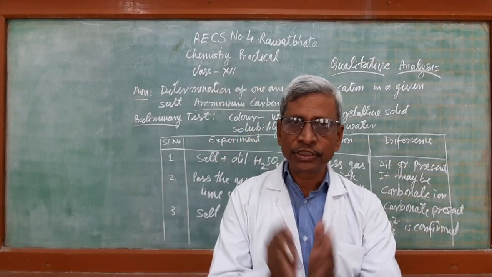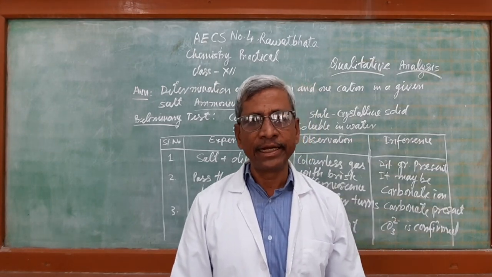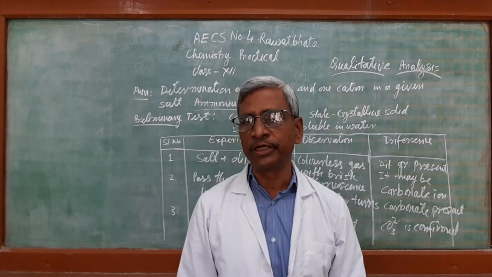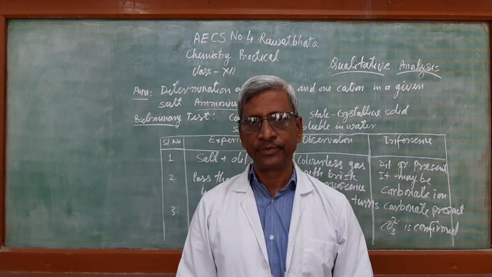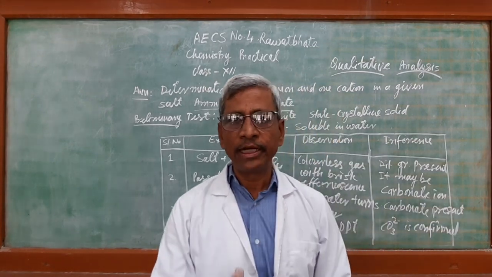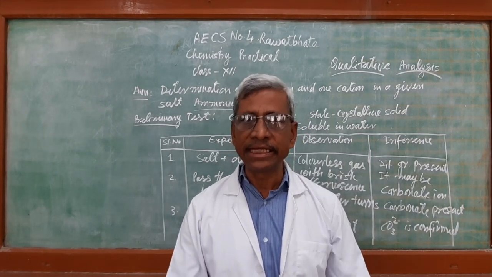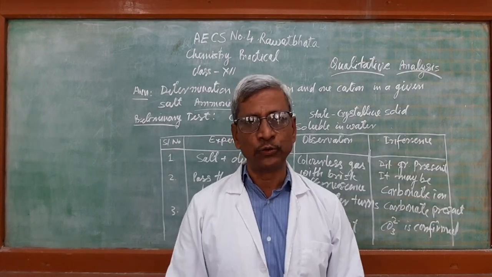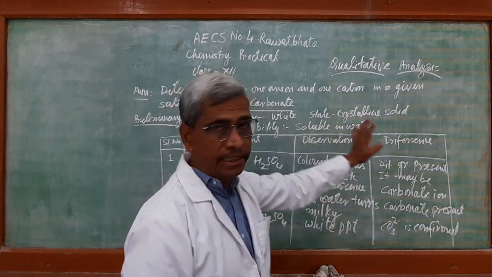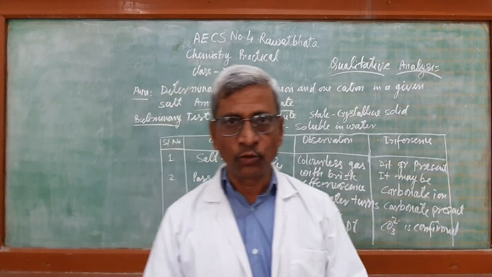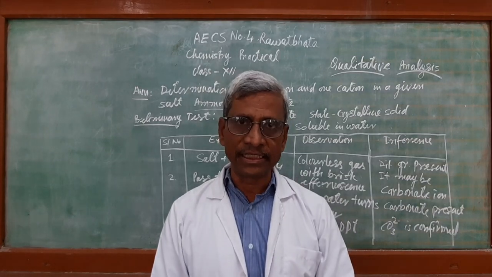So we have to start with group analysis. Up to some extent we are going to be sure which anion is present, and after that some confirmation tests to confirm the anion. This is called qualitative analysis of carbonate. We have confirmed the anion of the salt. Now we have to proceed to cation analysis of the same salt, which contains a cation also. Its appearance, state and solubility are similar. If you want to prepare its original solution, it is soluble in water, and that is taken as the original solution.